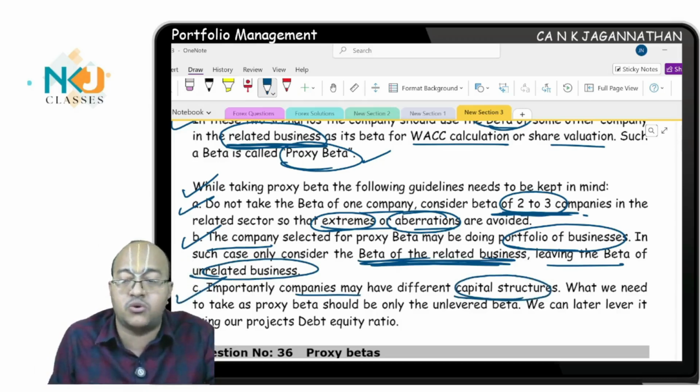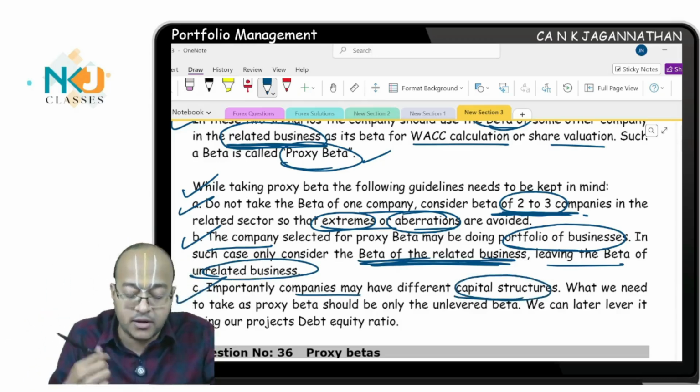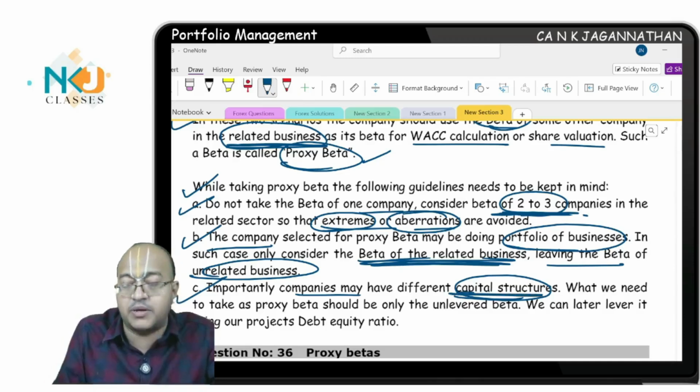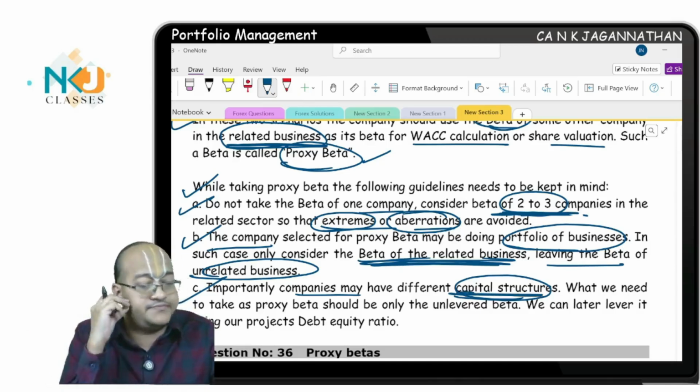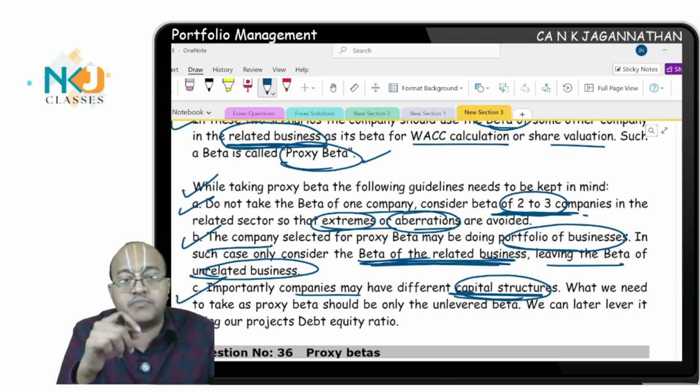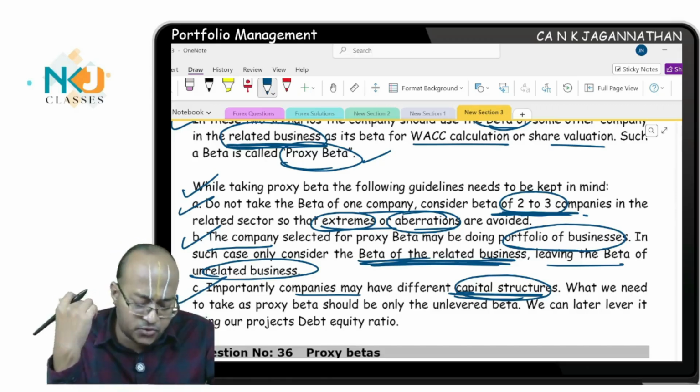This is an extension of levered and unlevered beta, which I already discussed, so you can relate it. See what happens. Companies will have different capital structures. One company's equity beta is there, another company's equity beta is there. Yes, related business, and of course, it is also